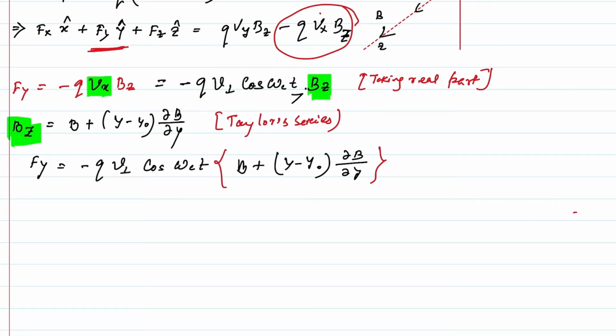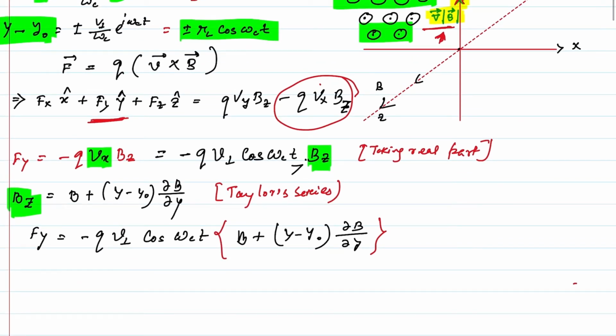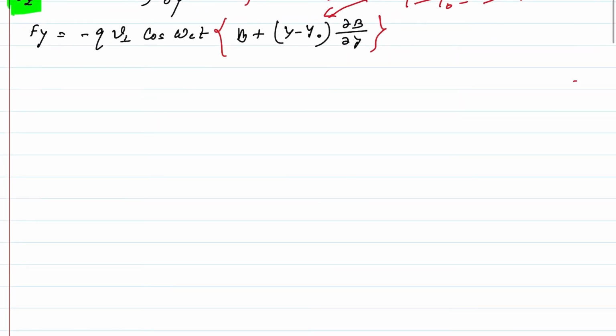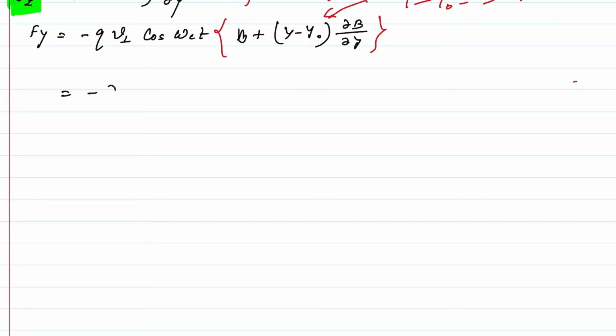So now you see, from this equation y minus y naught is equal to plus minus rL cos omega c t, where omega c is the cyclotron frequency. That means you can say here angular frequency. Okay, so let us put the value. Let me scroll up the page. Minus q v perpendicular cos omega c t